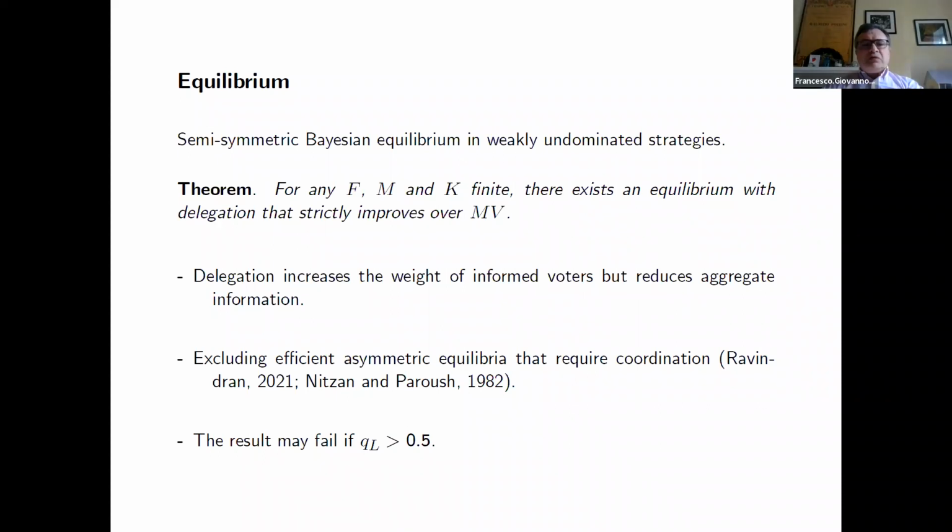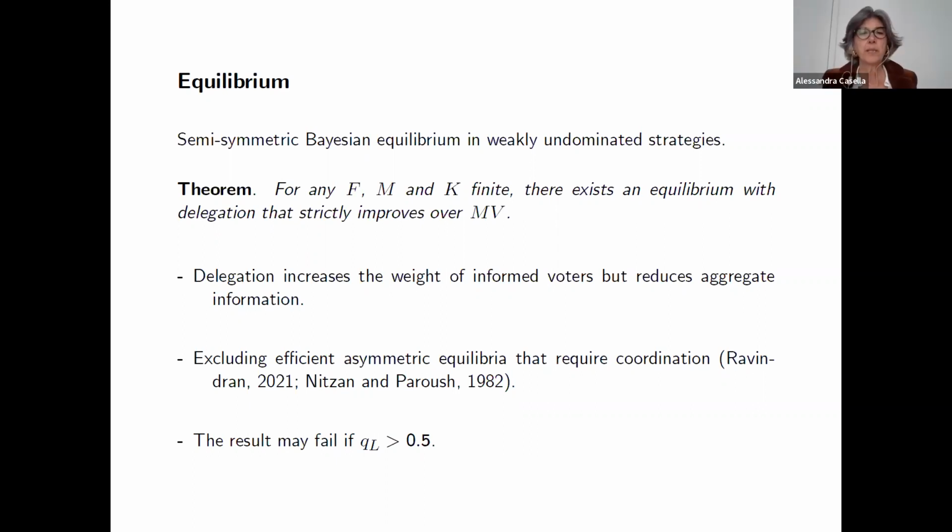Alessandra, just to make absolutely sure: when you talk about majority voting, you also have the experts, and you have the same distribution on the precisions between experts and non-experts. So everything else is the same, right? Yes. We compare majority voting with the experts, with everything exactly the same, only you just cannot delegate. That's what I mean by majority voting. It's simply that there is no delegation. Everybody has one vote, but the information structure is the same.